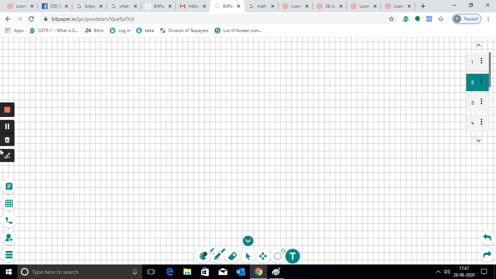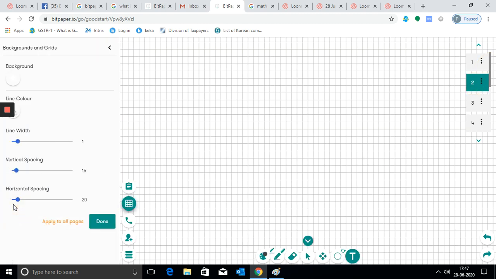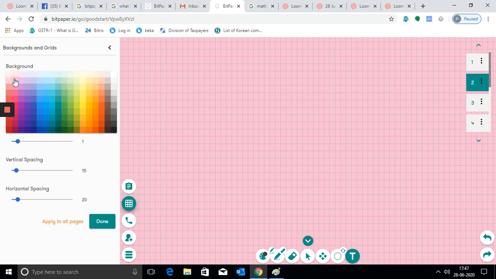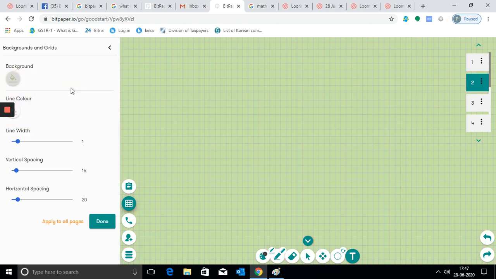And next, another option is you have a grid here. You can change the background color. And one good thing is you can draw vertical and horizontal line spaces to make a graph.